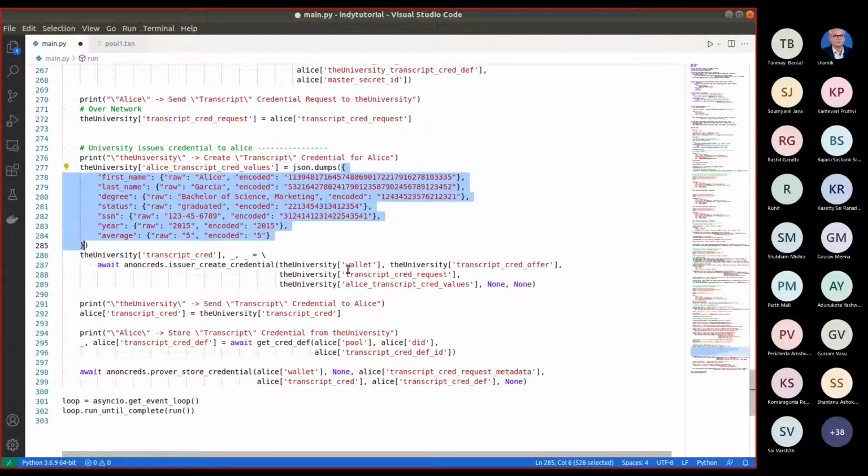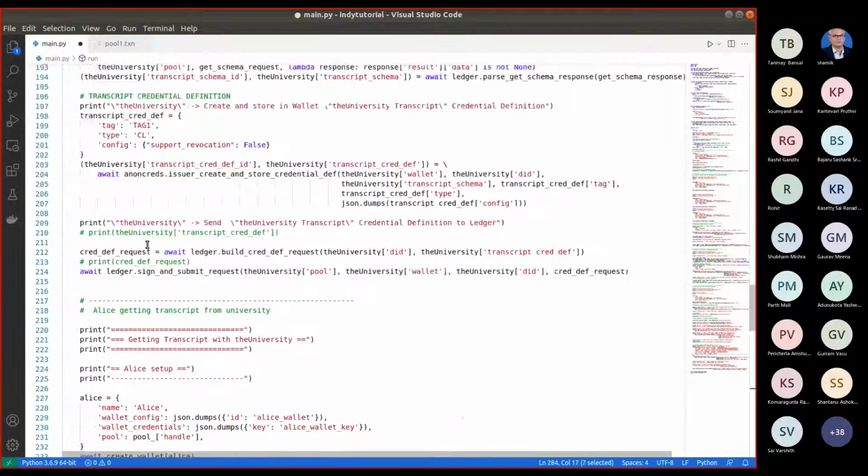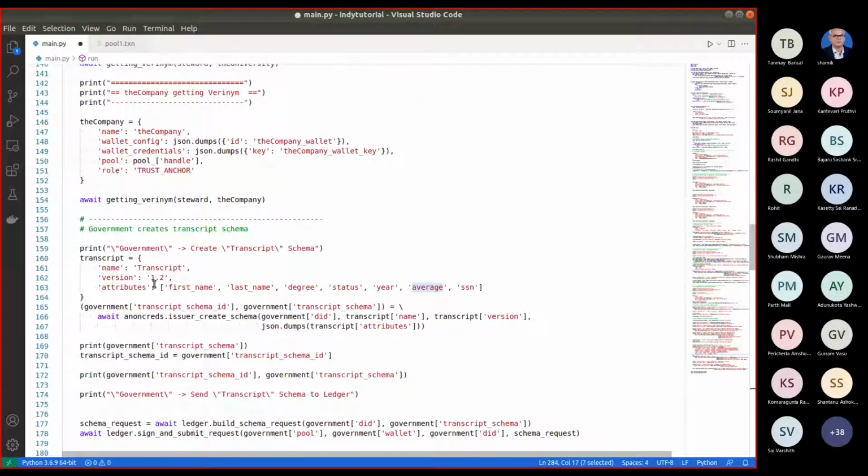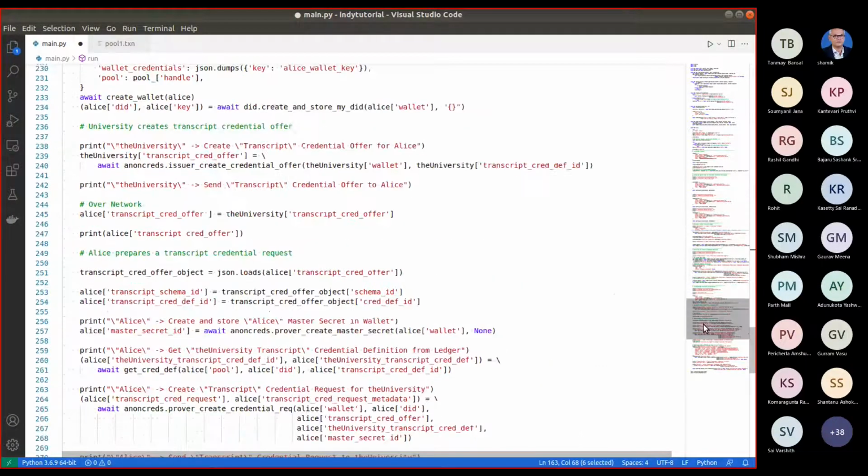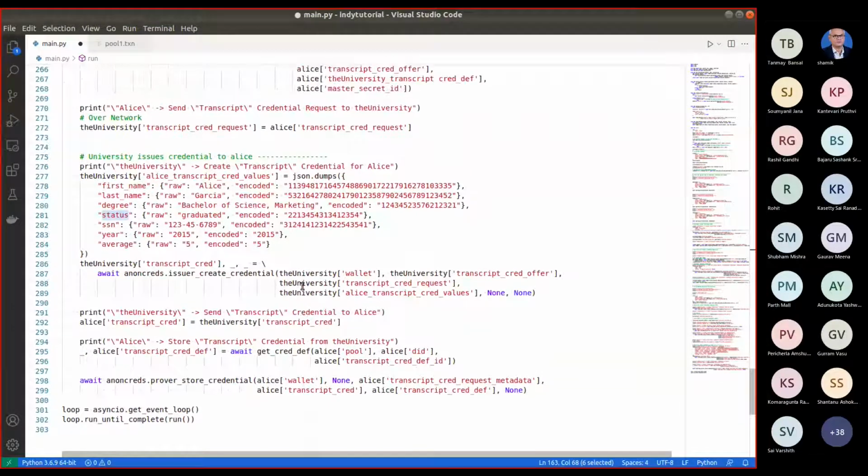It has first name, last name, degree, status, SSN, year, average. All these must be exactly the same as the attributes in the credential definition: first name, last name, degree, status, year, average, SSN. This encoding I will discuss later, maybe in the next class. This encoding is specific to Indy. Indy states how you can encode this.